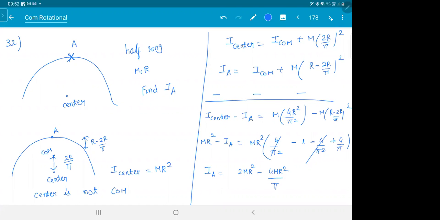See, once you have the equations, it is just a matter of subtracting and solving. And this was a JEE 2004 question, pretty old. If it is 14, 15 years back, they could ask it now also. This is slightly more complicated than what we did so far. The main catch in the problem is, and trust me, there will be an option I center plus mr square, 2 mr square. Most people will mark that. But you're forgetting the point: you can use the parallel axis theorem only from the center of mass. You can't use it from anywhere.